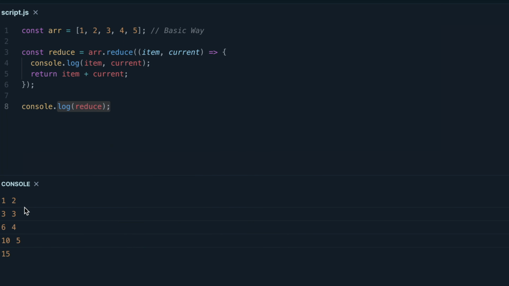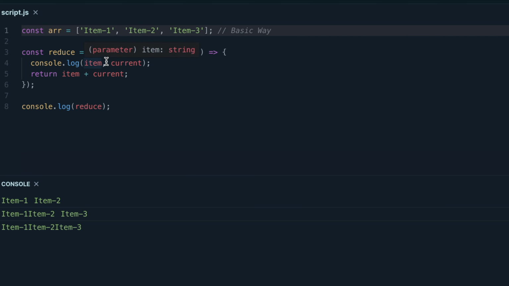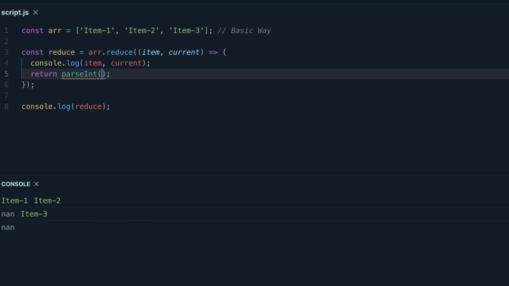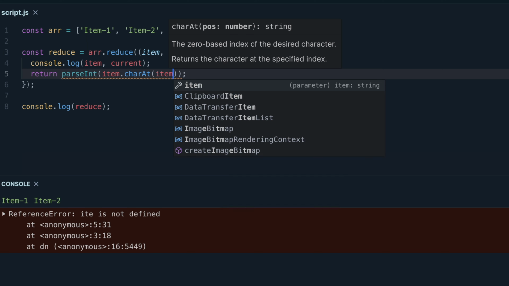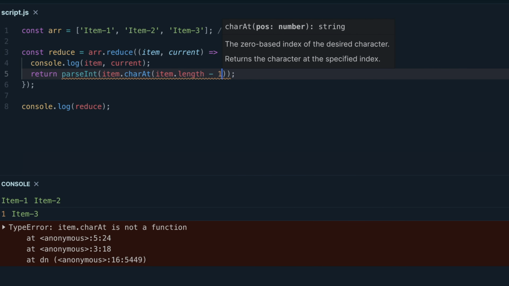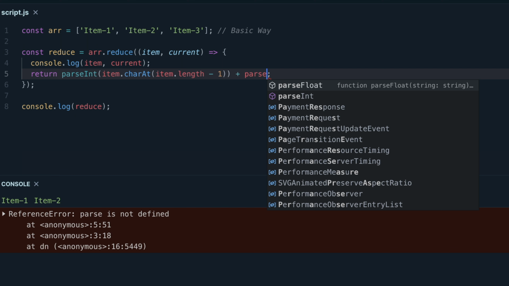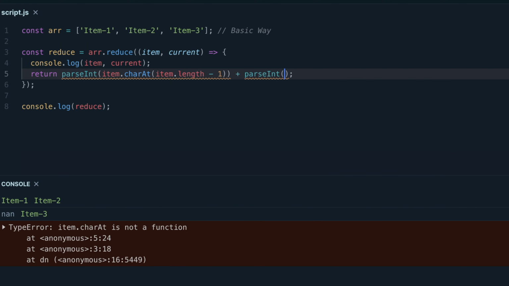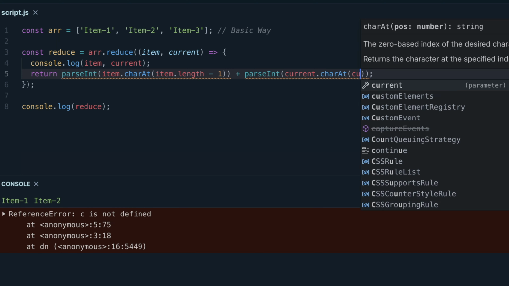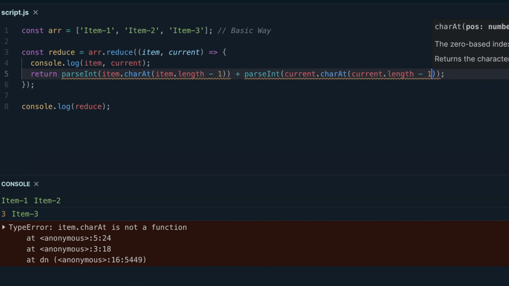Now, it is important to note that the previous value will change by this function. So for example, if I have an array of strings, and I try to do this by, for example, taking the last character right here, parsing it to an int, and adding the ints up, I will see that I'll get a problem here. So I'll say parseInt, and right here I'll pass item.charAt, and I'll say item.length minus 1 to get the last character. And to this, I'll add another parseInt, which will be our current.charAt, current.length minus 1. And you can already maybe tell that there is a problem with this code,